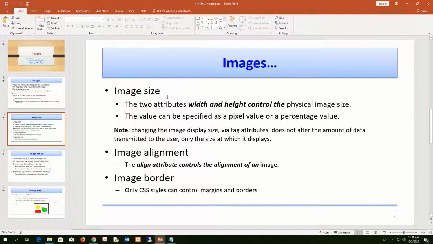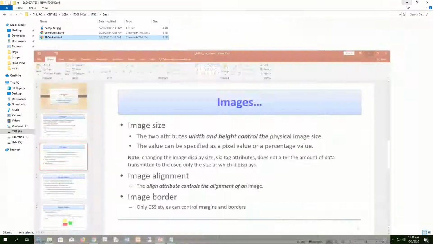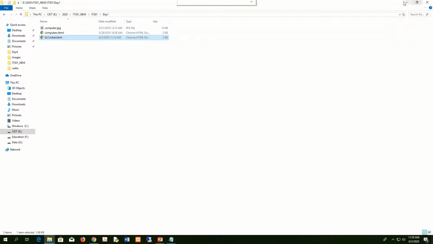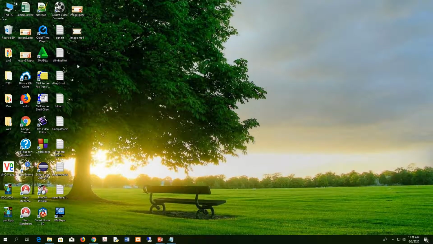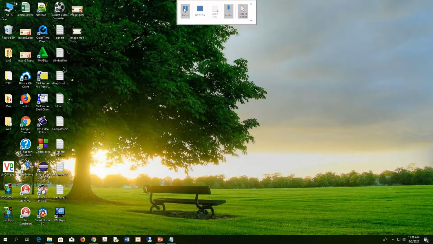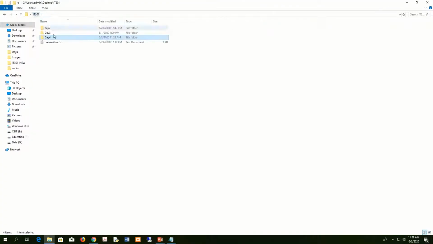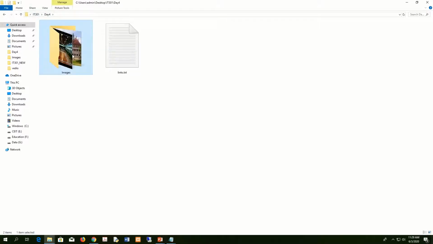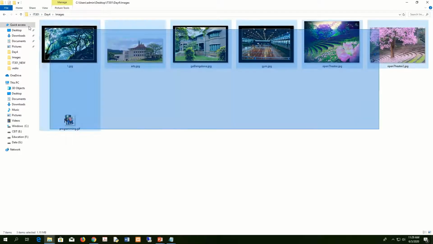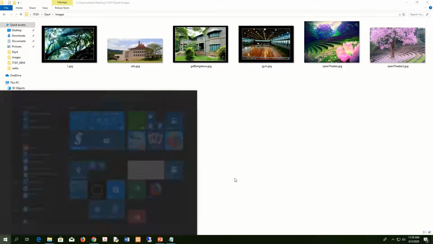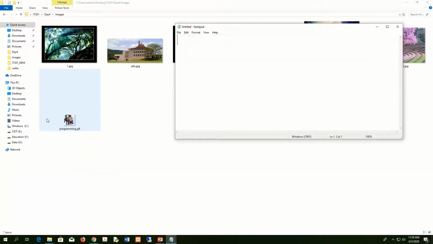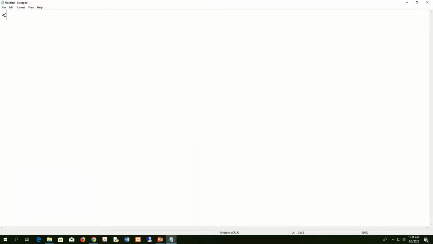So okay, now let's see how to insert an image into our web page, right? For the time being, I have several images in my folder. So I have already created a day 4 folder within the IT301 folder. In here I have a folder called images, right? In here there are a few images, right? So for the time being, I open the Notepad application. That's the text editor that we use, and then I quickly